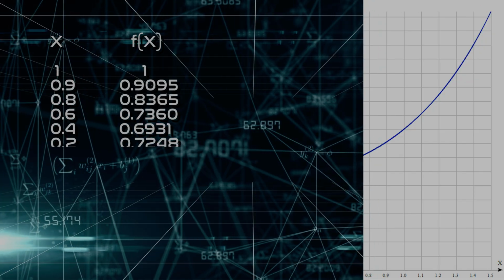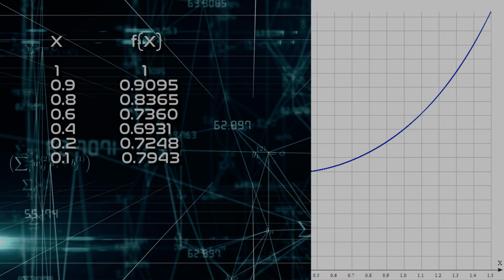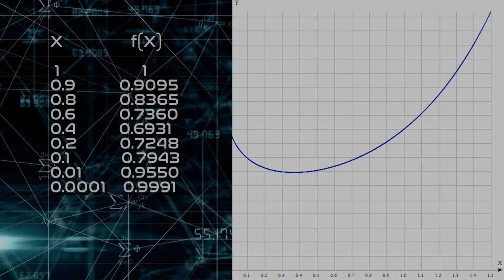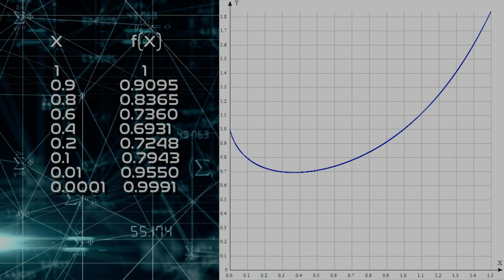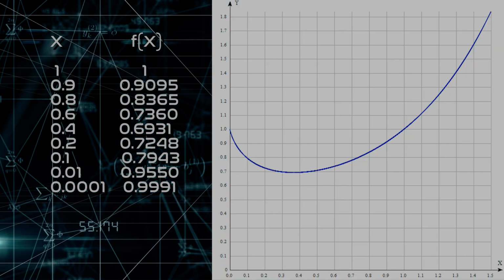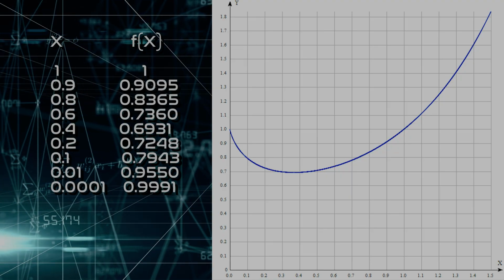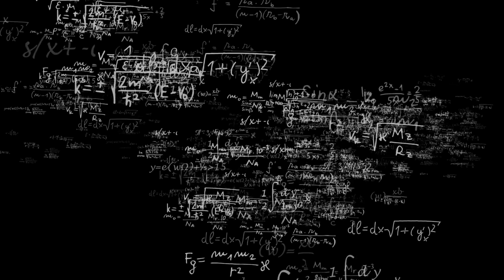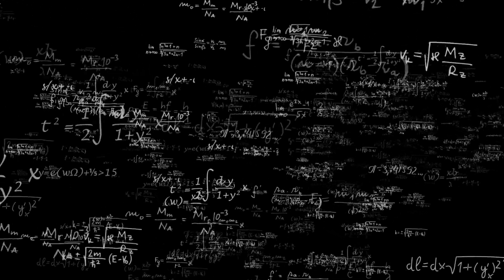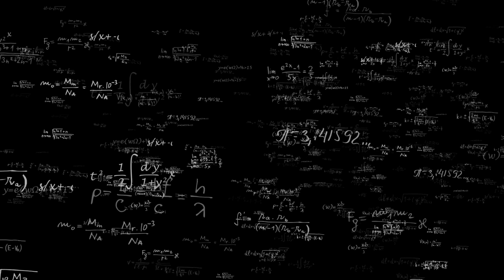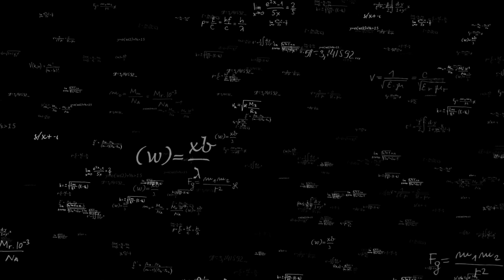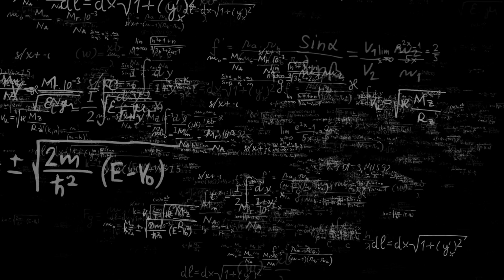At first, we will not see anything unusual. The values of the function will decrease together with the decrease of x. But at a particular moment, the situation changes, and our values begin to increase. Moreover, what is most important is that the smaller x is, the closer the value of x to the power of x will be to 1. Therefore, for continuity, it is logical to assume that at the very point 0, the expression becomes equal to 1. Thus, we obtain a graphical proof that 0 to the 0 power equals 1,